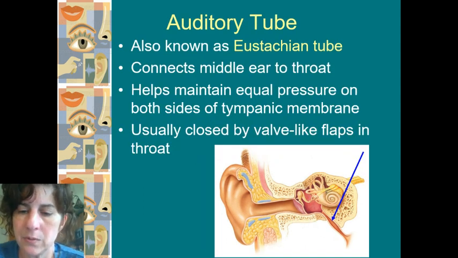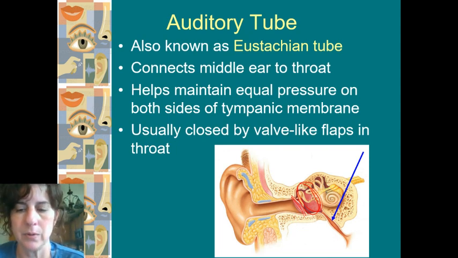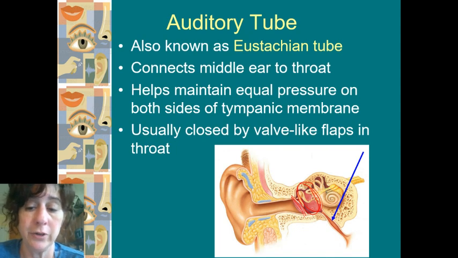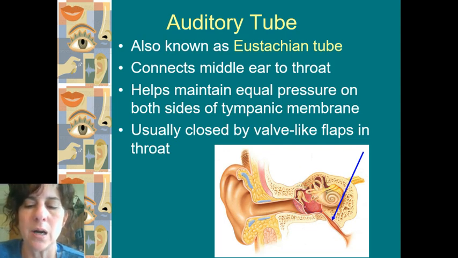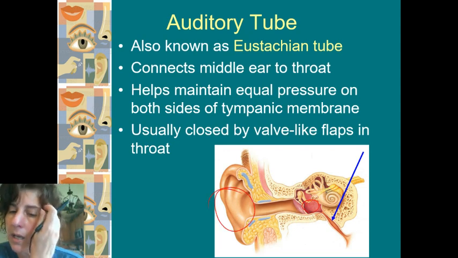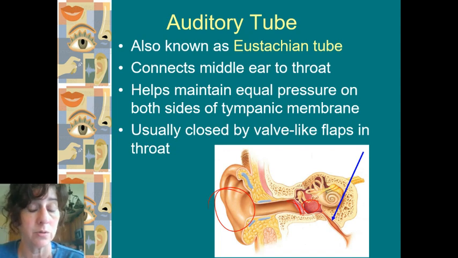Here's my eustachian tube. So remember, this is a cavity right here. It's going to have pressure. It's got air normally filled in there. It's divided from the outside with this tympanic membrane, which means it's a separated cavity, and that can cause a couple issues. First of all, like I said, with fluids, you can get fluids deposited in here. You're going to have to get rid of them, so they will move out the eustachian tube. But on a day-to-day basis, just the difference in the air pressure here and the air pressure out here can put pressure back on that tympanic membrane too. And you know this if you've ever gone up in mountains or down from mountains.